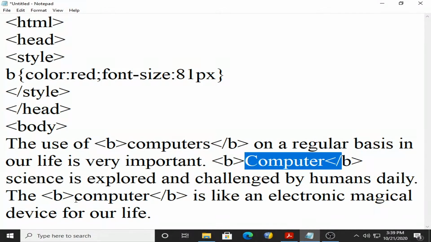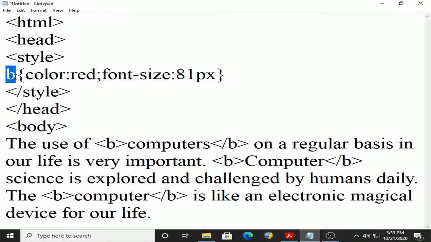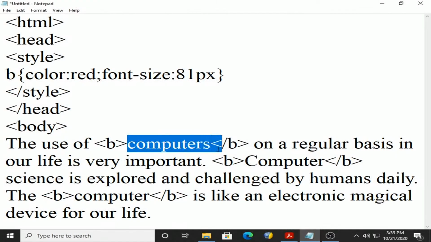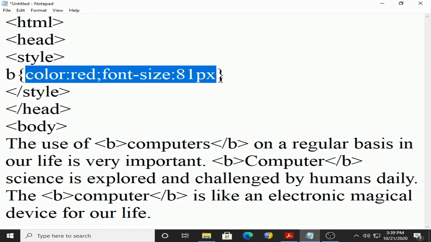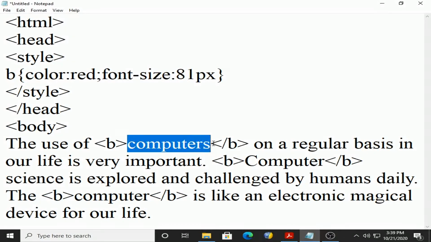But remember, this B selector, look at the screen, will select whatever is mentioned between B and slash B and provide the effect of color red and font size 81 pixel. So when we say the B selector will select the B tag and apply the effect on whatever is mentioned between B and slash B, how will the word computers come?